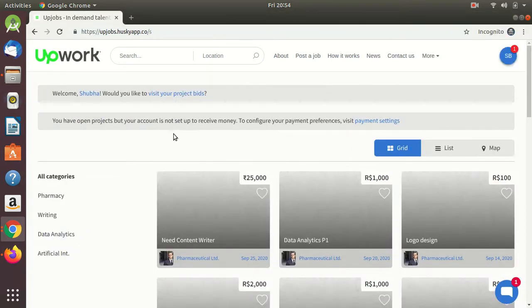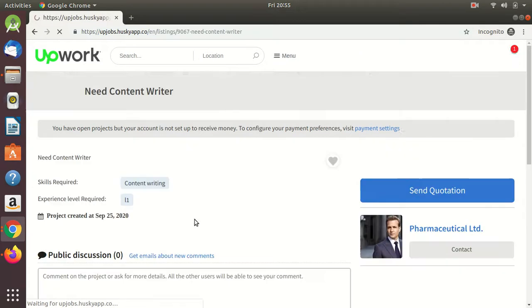Now I am logging into the freelancer panel. Until and unless the freelancer buys the subscription, if admin makes any subscription plan, then he will be restricted from placing a bid.